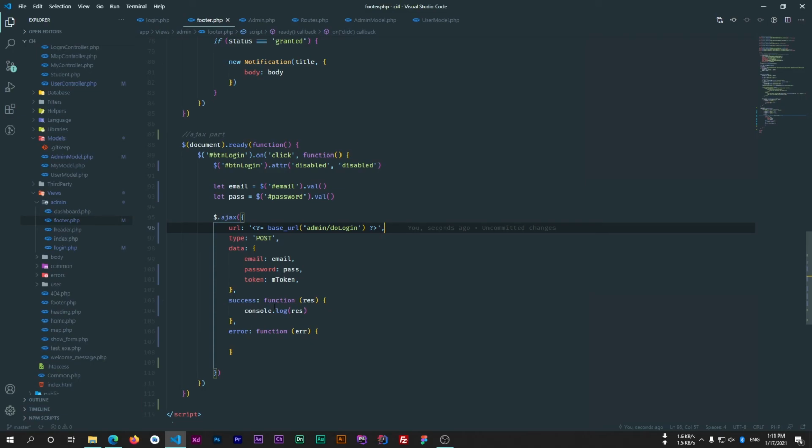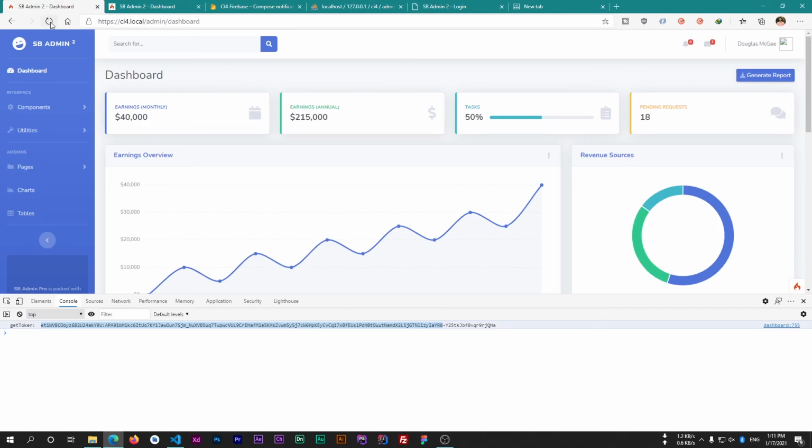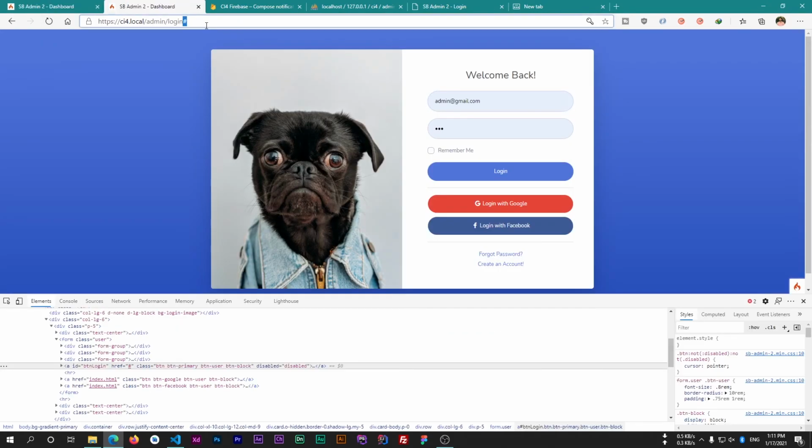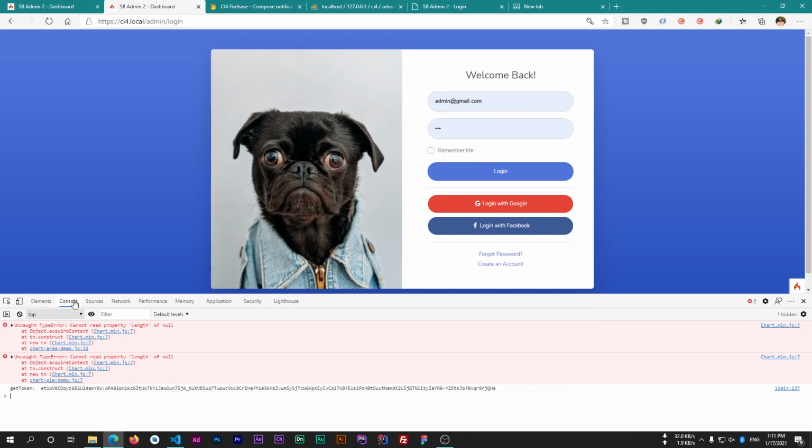Now let's check if we are getting our response or not. So just reload this login page. Let's check what's coming in the console. So if I use this admin@gmail.com and password, it's giving status as 1 and message as successful. If I am passing something else and hitting the login button, then it says status is 0 and message as login failed. I think this button is not disabled. Okay, we will do this later. This is not part of our tutorial.